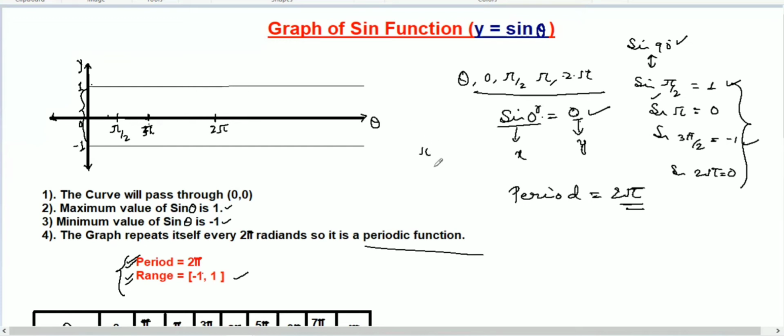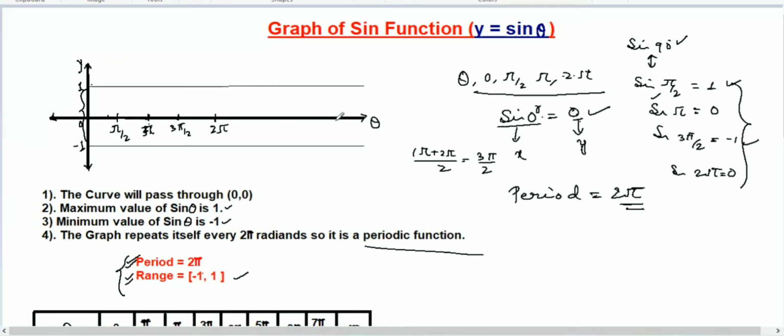So take pi plus 2 pi and take half of this, which is 1 pi plus 2 pi. We got 3 pi over 2. So write down 3 pi over 2 in the middle of this. And then you can go ahead. Here it will be 2 pi, and as I explained, the graph of sine theta repeats itself within every 2 pi. So 2 pi is the period of the graph.